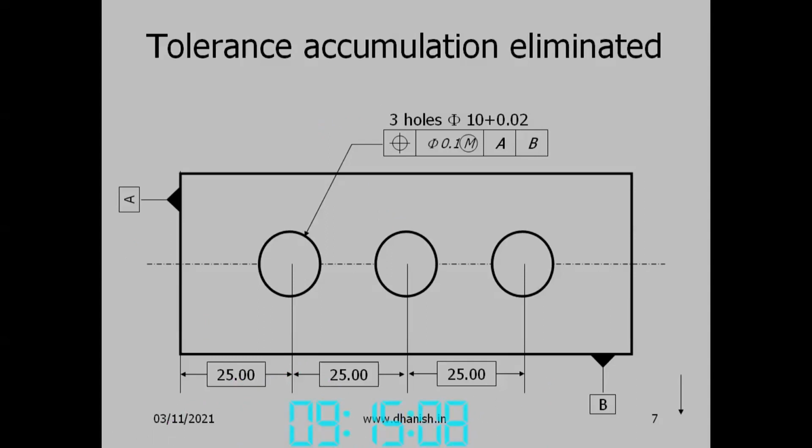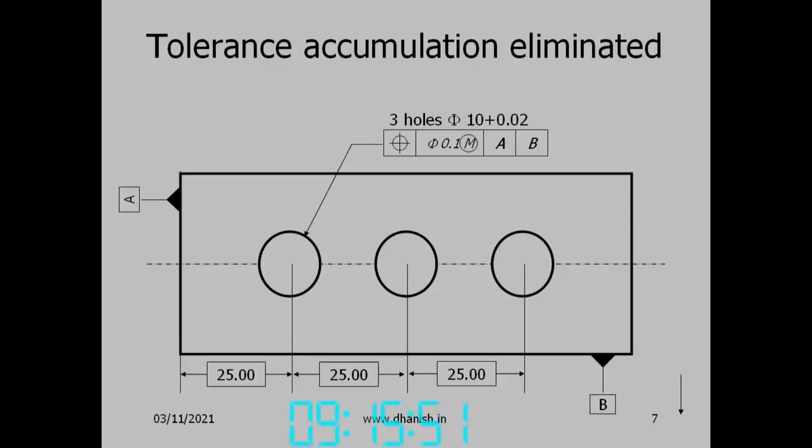So the third hole is at a distance of 75 as the true position, and then we draw a circle of diameter 0.1. But suppose you give plus minus 0.1 tolerance. If you write 25 plus minus 0.1 three times, then what will be the total tolerance for the third hole? The maximum value is 0.1, 0.1, 0.1, so 0.3. It can be 0.3 to the right or left. So we get a total tolerance of 0.3. The tolerance accumulates when we have a series of holes and have to give the conventional tolerance.